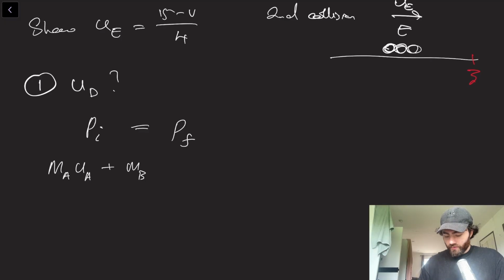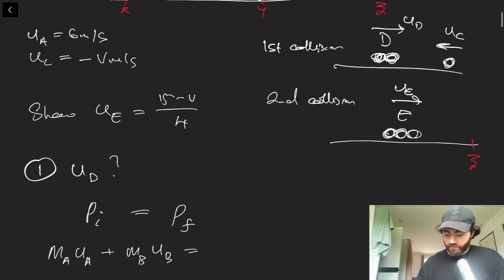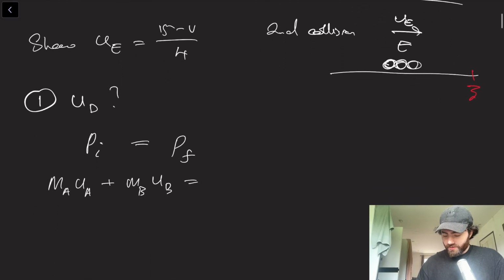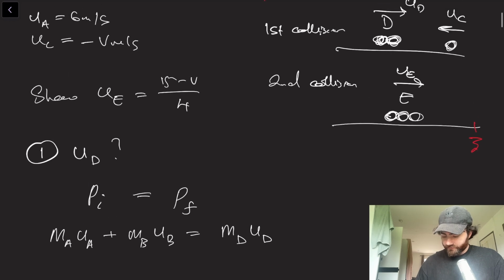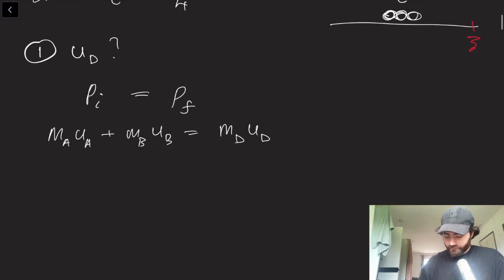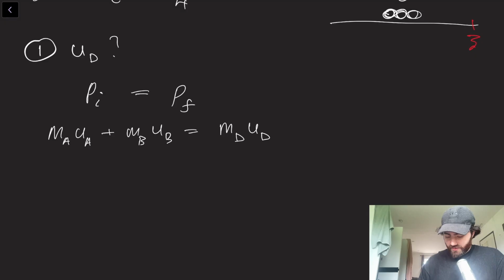Okay, so M A U A plus M B U B, because B is initially at rest, that will be 0, but I'll just keep it like that anyway. And the final momentum will be, we call it M of D, U of D. Okay, so this is 0, so we get the mass of A,